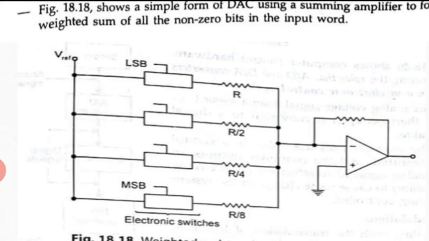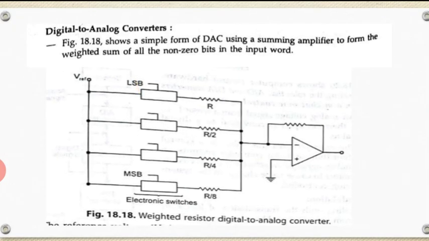So the limitation of the weighted resistor network is that accurate resistances have to be used. The resistance should have an accurate value so that it gives the corresponding analog voltage from the reference voltage. This is needed for each resistor, and it is difficult to obtain the required wide range of such resistors. So these forms of DACs tend to be limited to 4-bit conversion only.